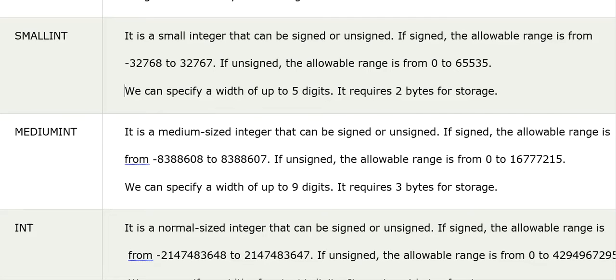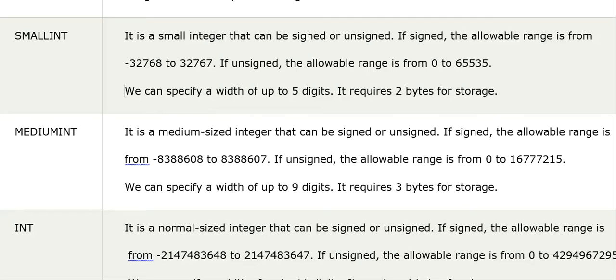The next type is named medium int. It's a medium size integer that can be signed or unsigned. If signed, the allowable range is from -8388608 to 8388607. If unsigned, the allowable range is 0 to 16777215.